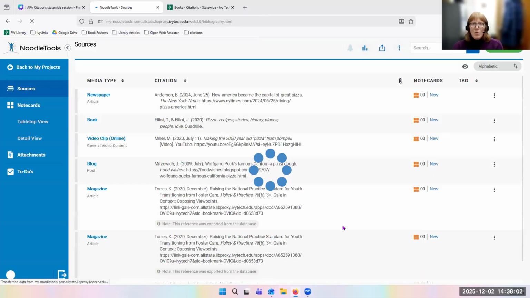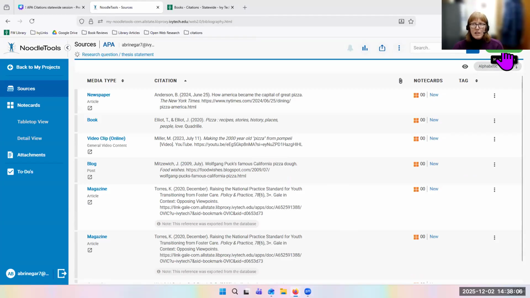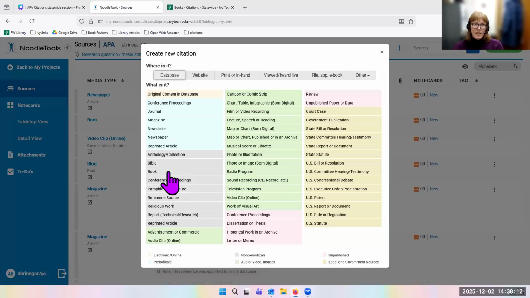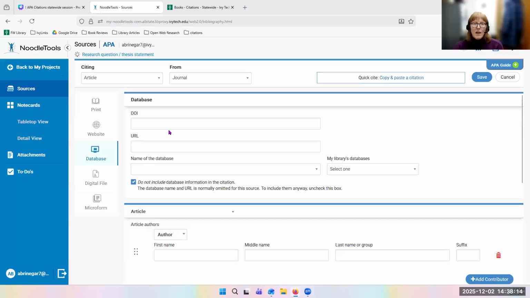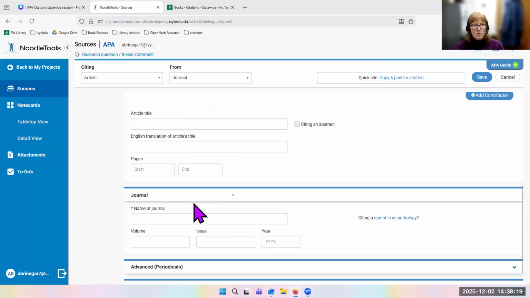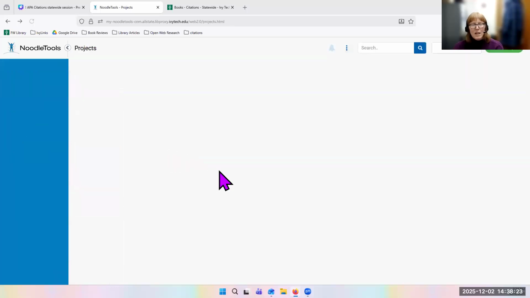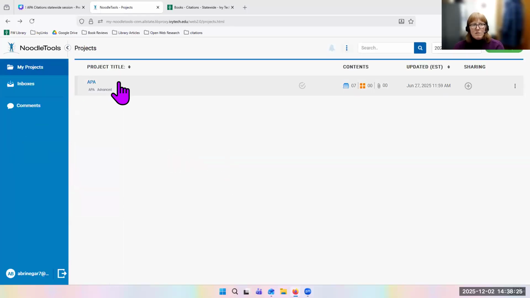Hopefully this will open. I have my list of citations here. If I want to add a new one, I can go to new source, choose which type of source it is and what exactly it is. Maybe it's a journal. And then we can fill in the different elements that we have of our source, and it will create automatically. Let me go back. It'll create our citation for us